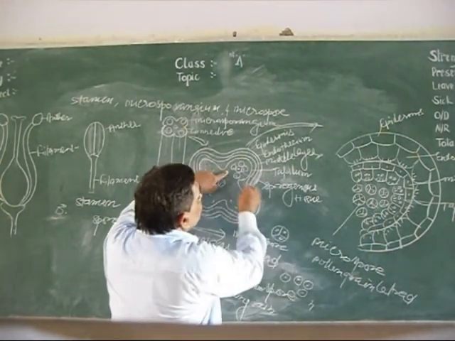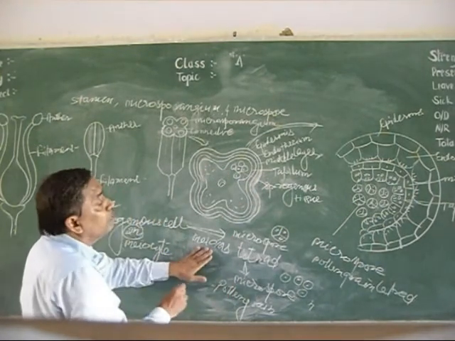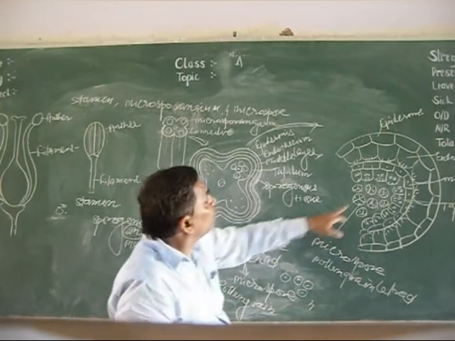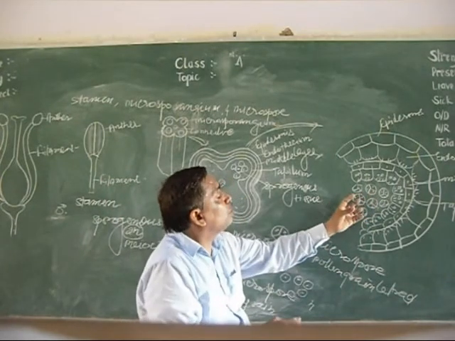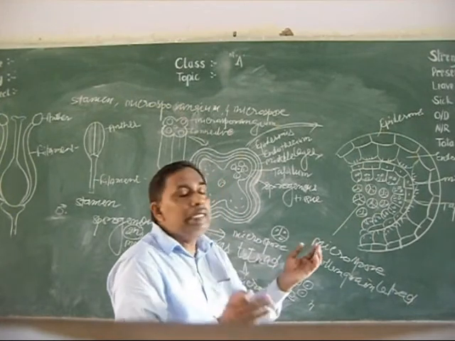Here are sporogenous tissue and a group of sporogenous cells. These sporogenous cells undergo meiosis division, then produce a microspore tetrad, and this microspore tetrad contains 4 pollen grains. In the 60%